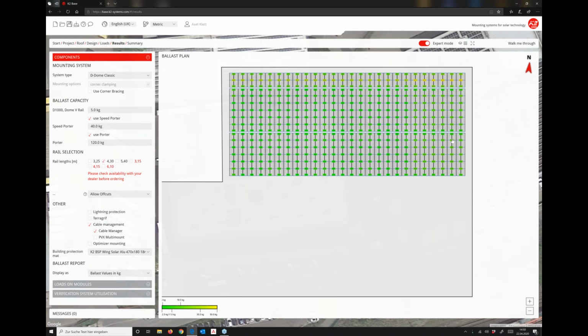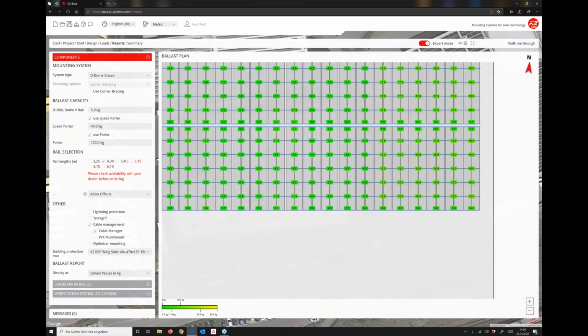And it's really different to have 70 under a module, because for 70 you need more additional aluminium parts from K2. It costs more money, and you maybe have a problem on your roof, because 70 kilos on one point can damage your foil or something else. Or your static consulting people say, oh no, it's too heavy, and so we have to dramatically bring it down on the side. Okay,